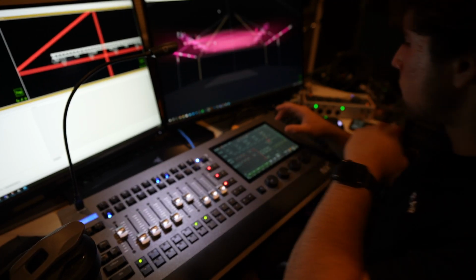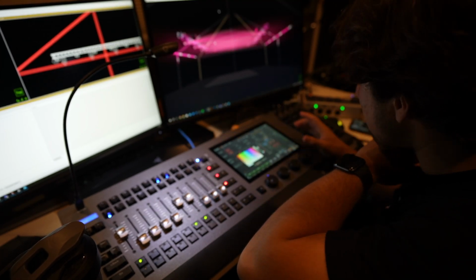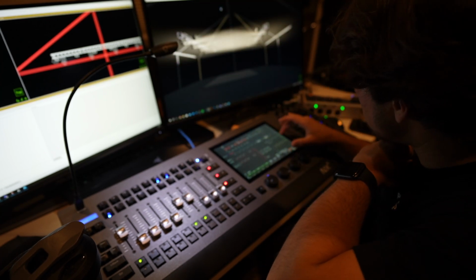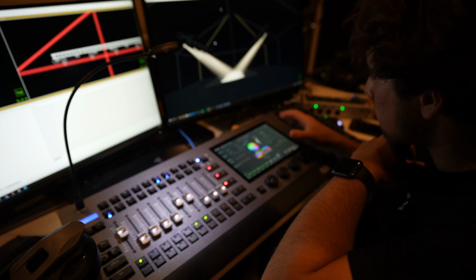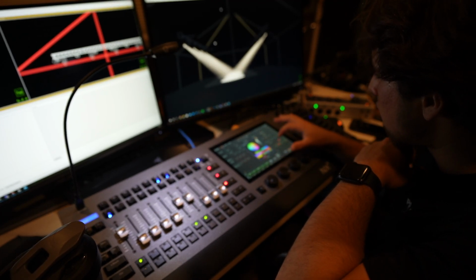Great. I actually need no gobo, forgot about that. That's important. I always color code my none effect as a